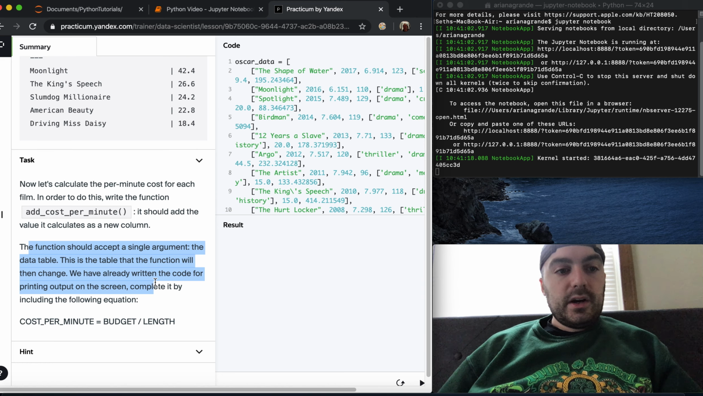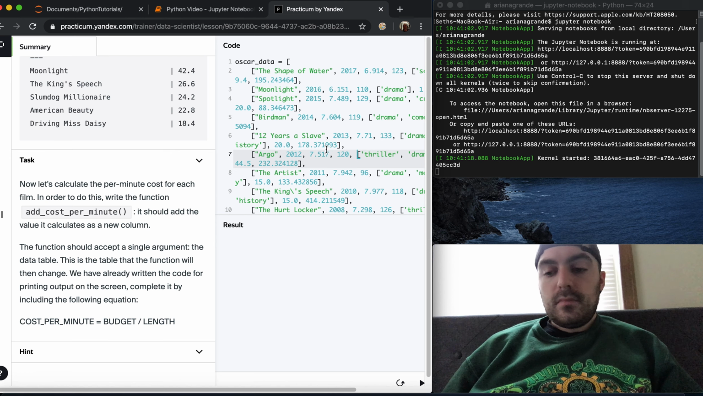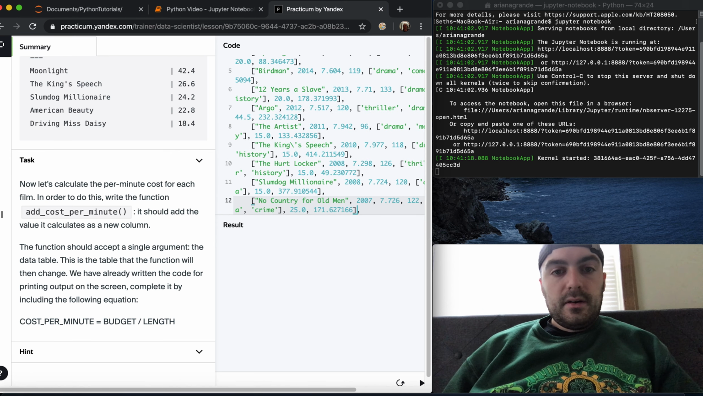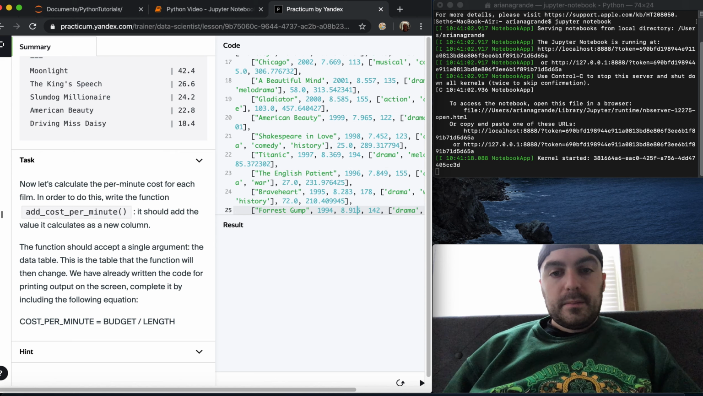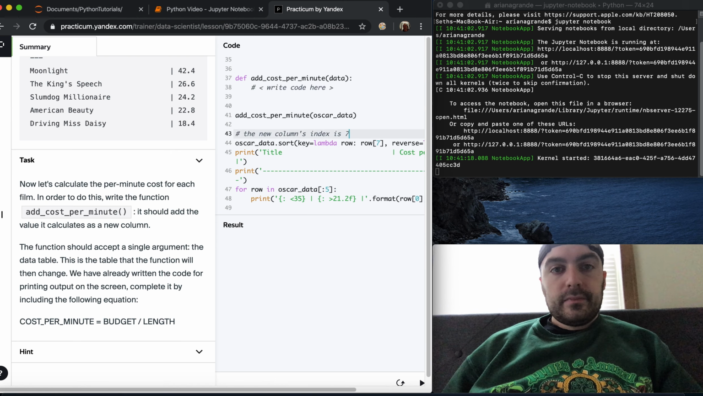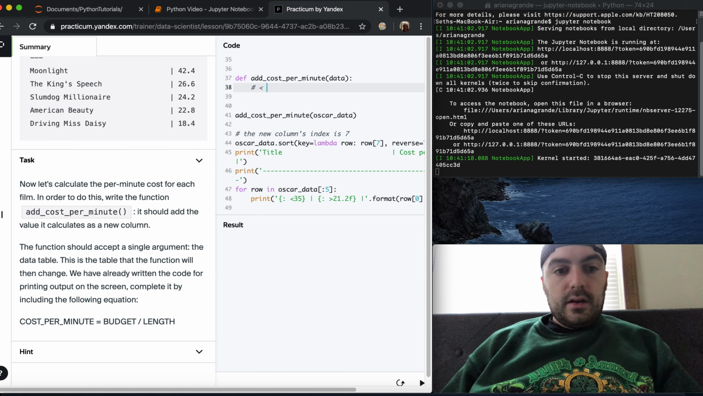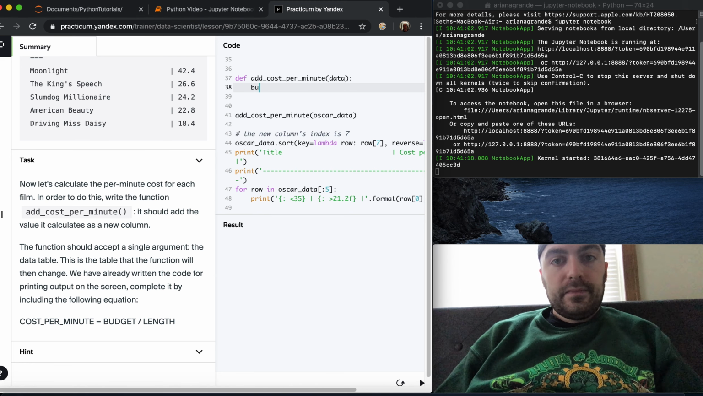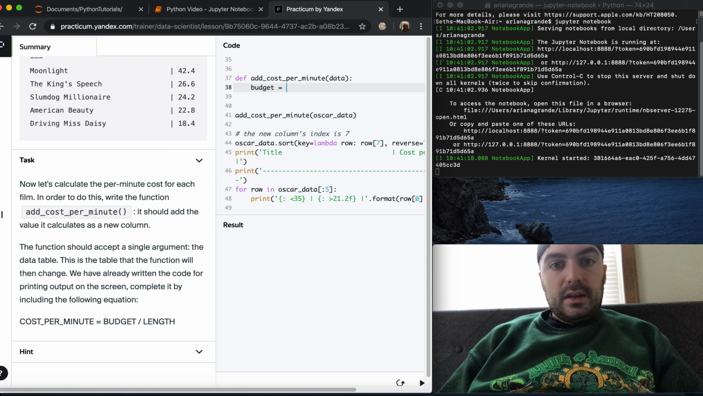We have already written the code for printing output on the screen, complete it by including the following equation. Okay, so if we scroll down, this is the big table that we've seen previously. Okay, so cost per minute in the data table is going to be the budget divided by the length. So let's first get the budget, which is going to be equal to,